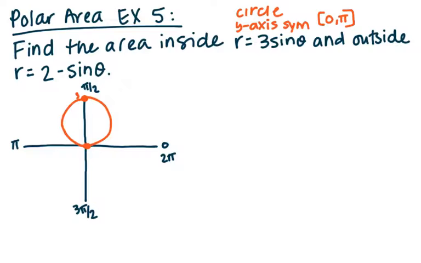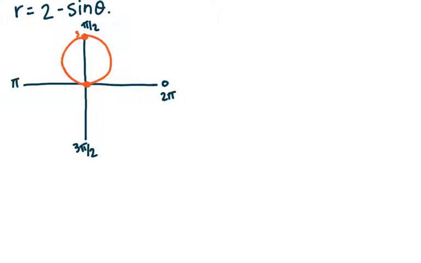Now the second function is r equals 2 minus sine theta. So in this particular one, our shift is greater than our amplitude, so we're not actually going to reach the pole, right? So this is the limacon without a loop. So let's think about how we would start graphing this. And for this one, I might use a table just because sometimes that helps me. So if I'm thinking of r, theta,